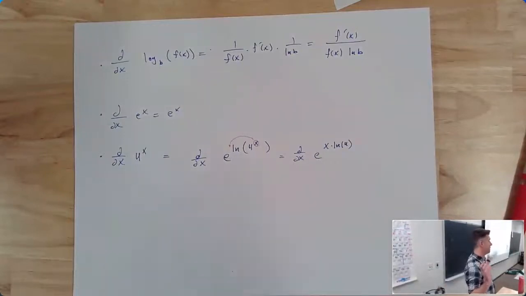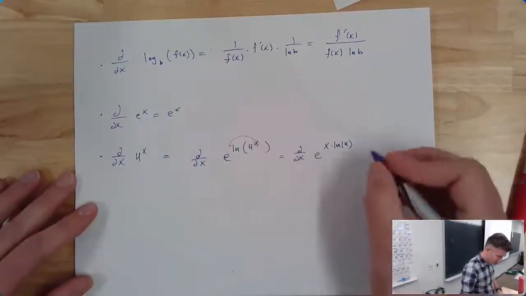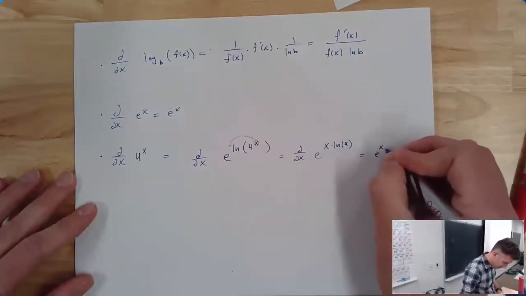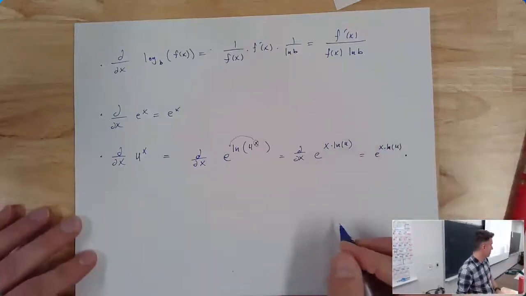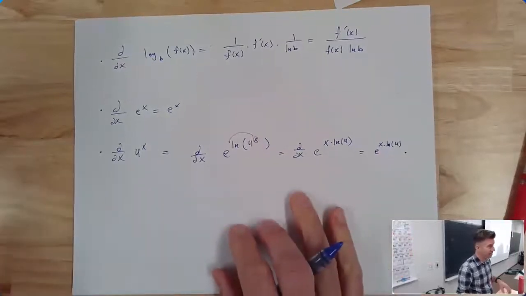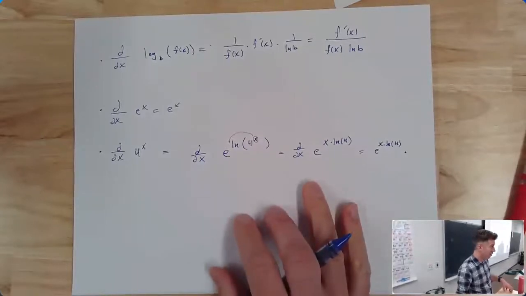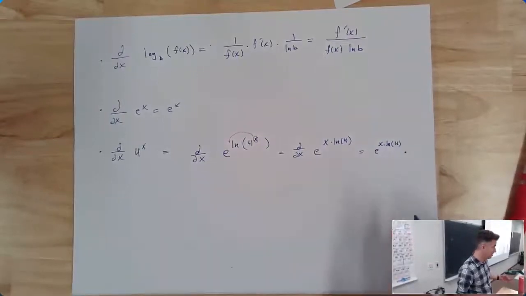Great. We know how to take the derivative of e to the stuff. The derivative of e to the stuff is e to the stuff times the derivative of the stuff, as typical. So the derivative of e to the x times natural log of 4 is going to be e to the x times natural log of 4 times the derivative of x times natural log of 4. I want you all to think about it for a second. We've got x times natural log of 4. I don't need the product rule because I have x times a. So the derivative of x times natural log of 4 should just be